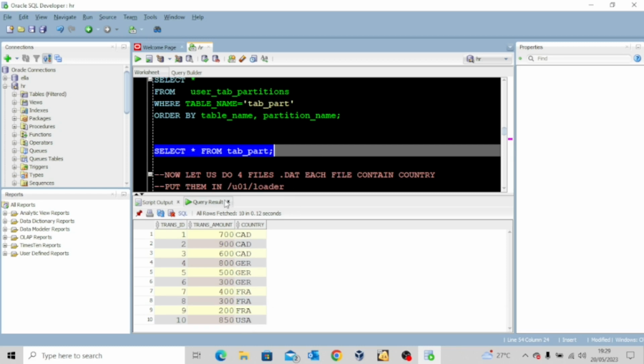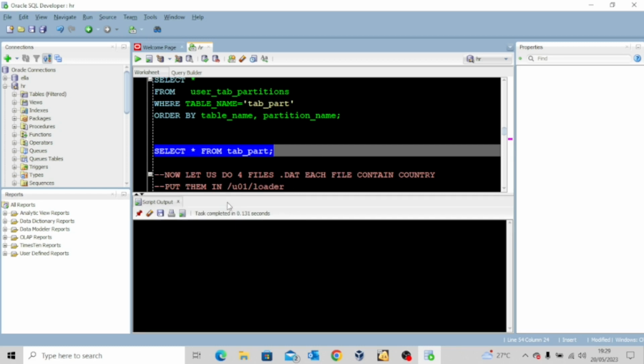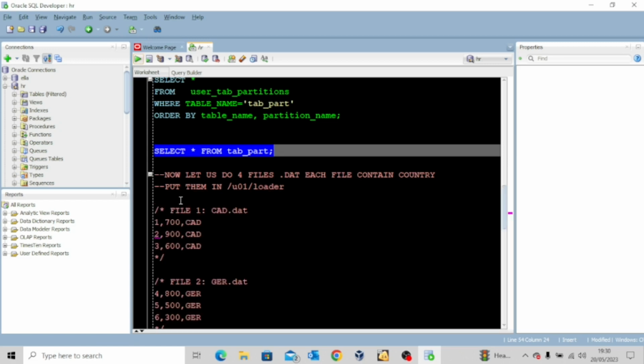Now, another thing you need to know is the fact that partition tables can also read from external files. We'll try to do something real quick. Now, we'll try to create 4 files. They will be .dat files. They will have the extension .dat. Now, each file will contain one of the countries, and then we'll put the data inside the .dat files. All of these files will be saved in this location